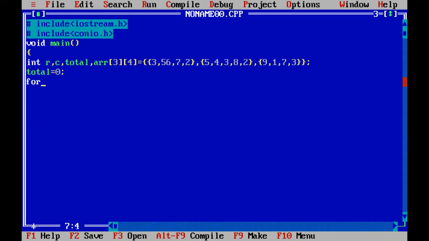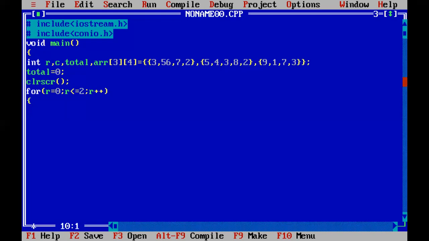Now, clrscr for clear screen. For row is equal to 0, row is less than or equal to 2, semicolon, row plus plus.